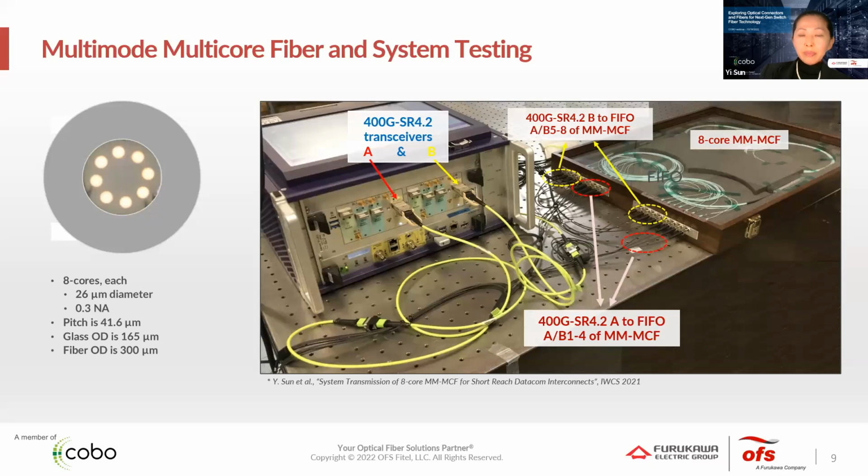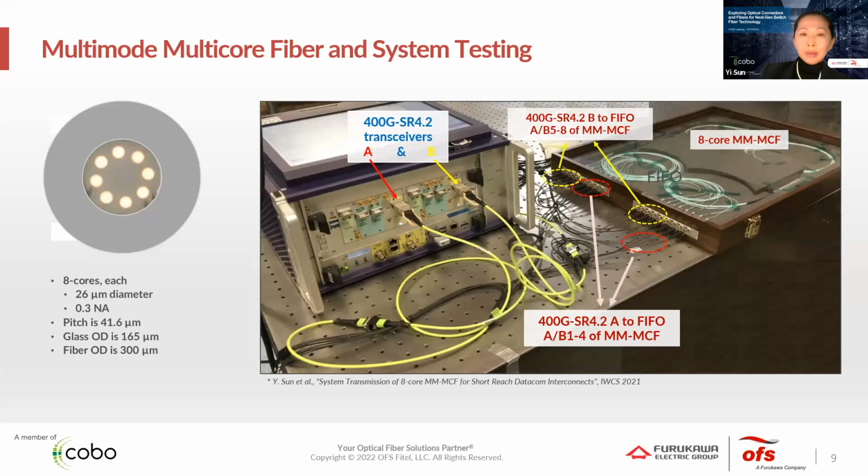Transmission over the 8-core fibers was demonstrated in distance suitable for short reach optical interconnects, typical for those pluggable transceivers. I'd like to re-emphasize SR4.2, that's a BiDi transceiver, using 2 wavelengths at 850 and 910 nanometer, and 2 wavelengths to double